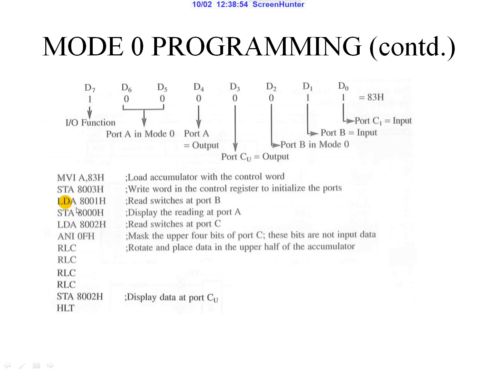This 8003 address comes from the port addresses and the loading of the accumulator. For reading the switches of port B, we need to use this address, and for port A we will be using 8000 address, and for port C reading switches, 8002 is going to be the address. So by using these addresses and this program, we can use this program for the programming of mode 0 as the port A